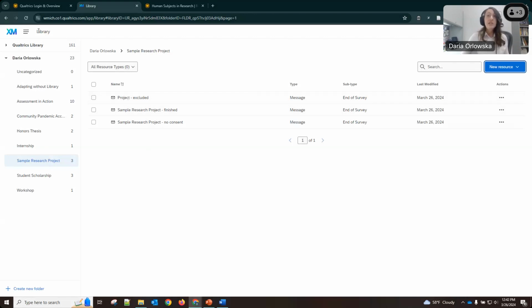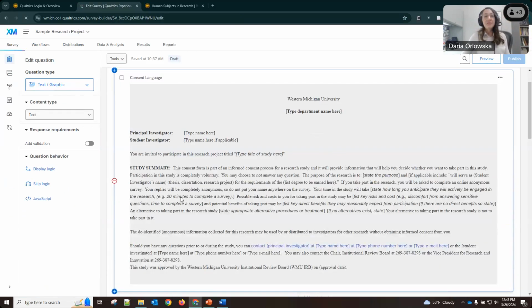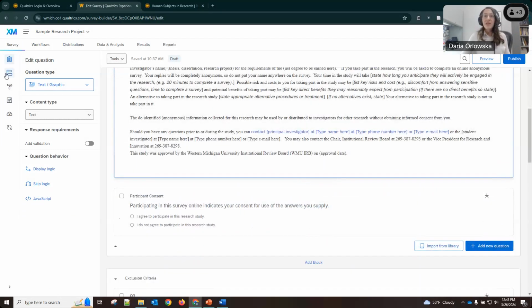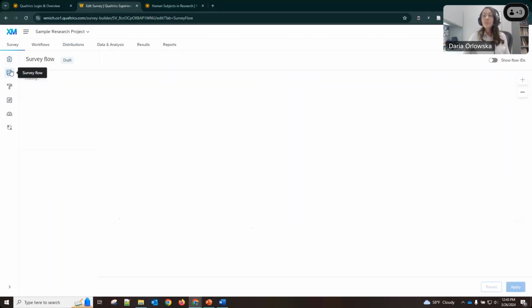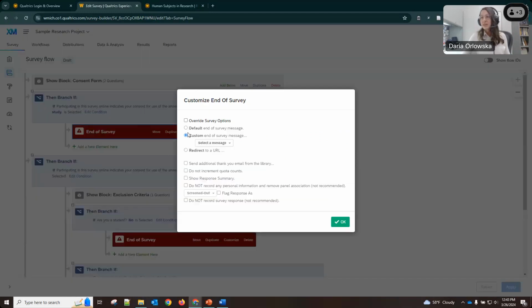And now what we can do is navigate back to our projects. The way we do that is we use the left menu, those three lines, going into project, finding the relevant folder. Usually Qualtrics is nice enough that the last one you used is the one that will pop up. By clicking in on this by the name, you will find your way back in here, and then going back into survey flow, we can go into the end of survey and press customize.